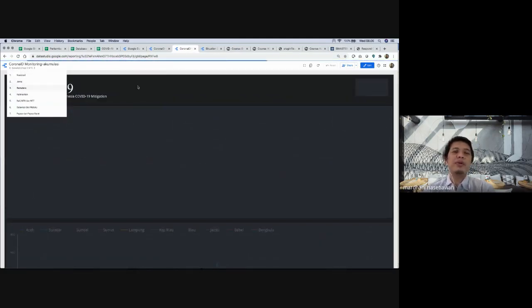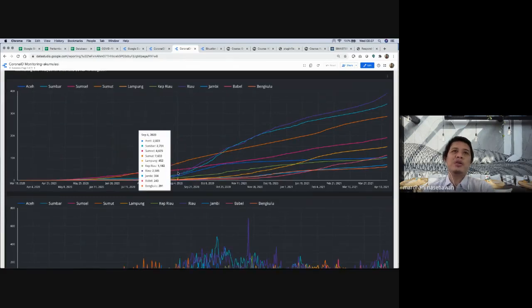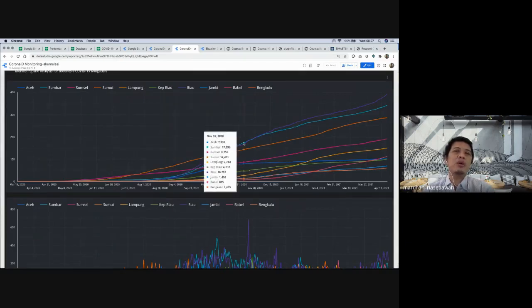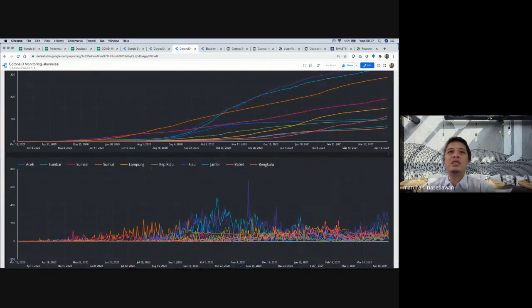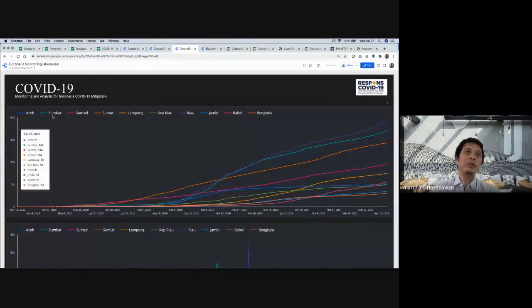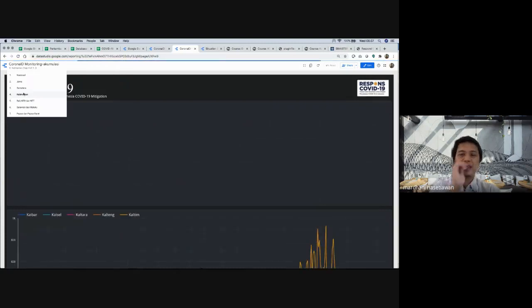This is like in Sumatra. You can see here two provinces, Aceh and Sumatra Barat. They have the same traction, the same increasing number, in the same way. So that shows how some of the data is related to each other. So we can find a lot of data insight when we look at this. And then in Kalimantan, for example, we also have the same case.